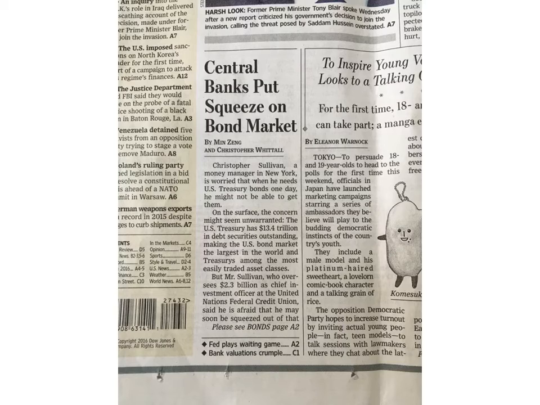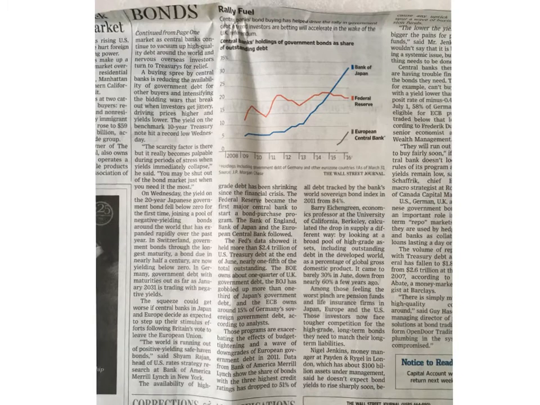This is a surprise because, after all, are there not many trillions in debt securities outstanding? The third paragraph goes further into the perspective of Christopher Sullivan, and you see here the main part of the